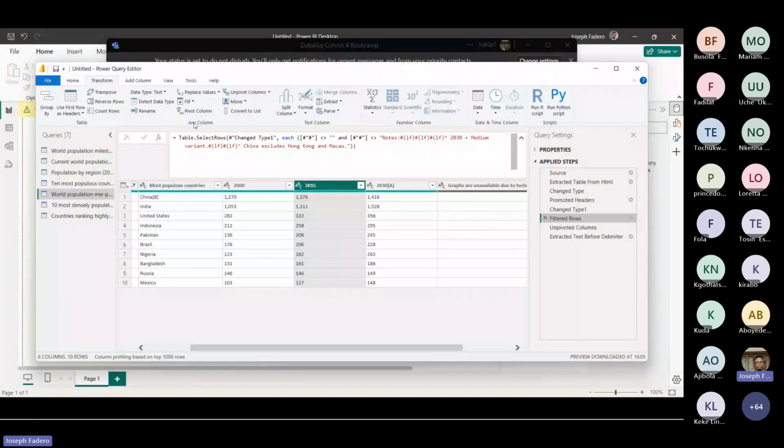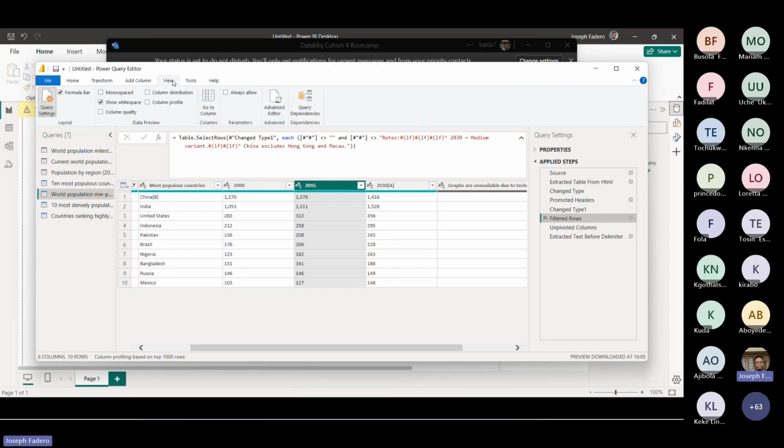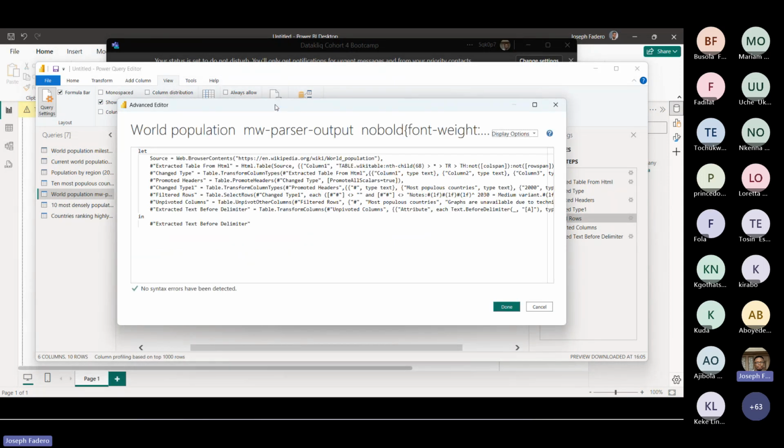And if you want to see all the code that has been generated, you can go to your View tab, open the Advanced Editor, and under this Advanced Editor you can see all the code generated for you in your Power Query. What this means is you can copy this and paste it in a blank query.